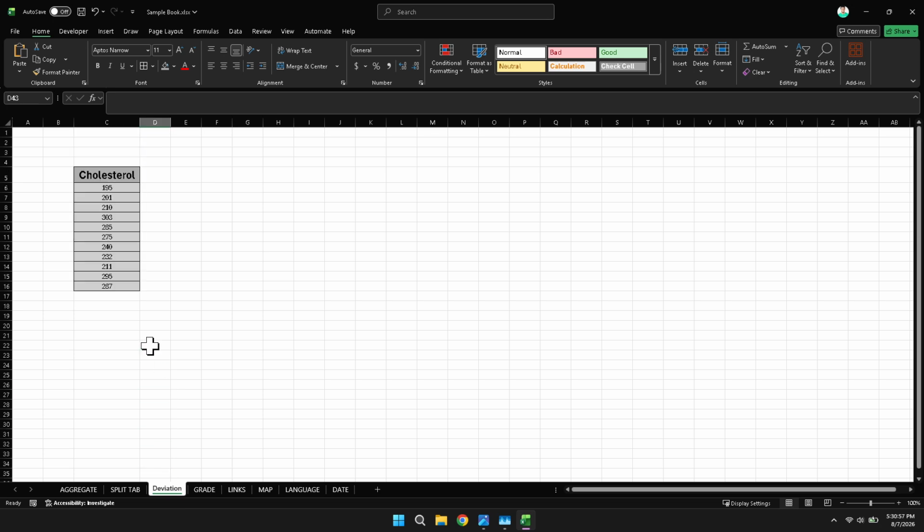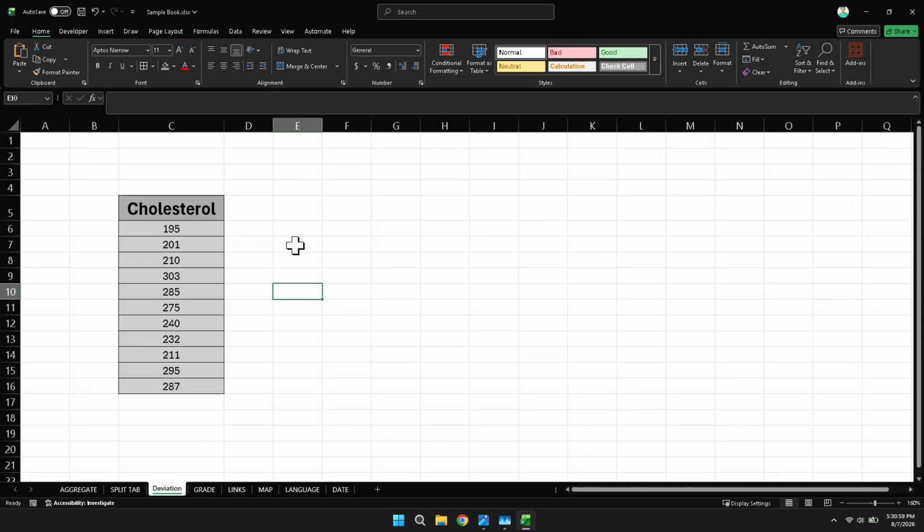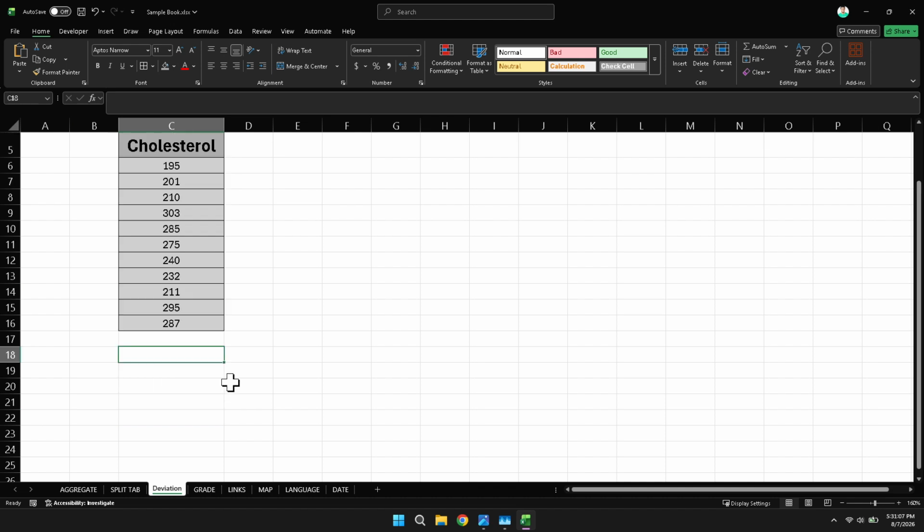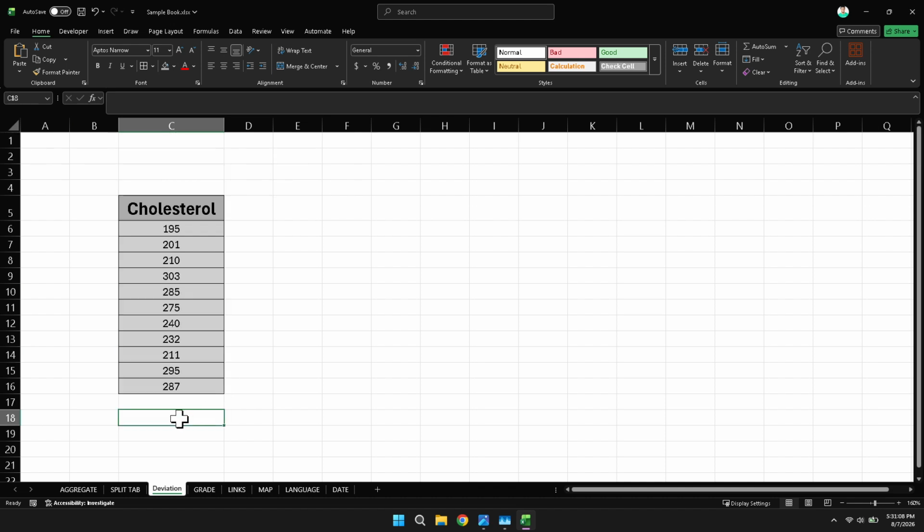we'll be using. Next, move down to the bottom of the table where we can enter the formula in an empty cell. Choosing an empty cell below your data is a good habit because it keeps your worksheet organized and makes the result easy to spot. If you're following along with your own file, just make sure you're not placing the formula on top of any existing data. Now, in that empty cell, type equals